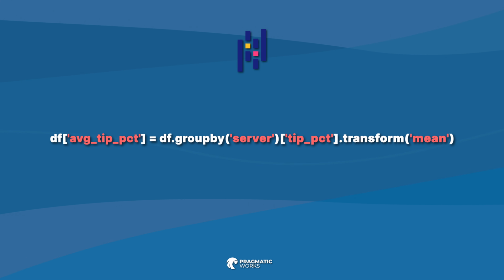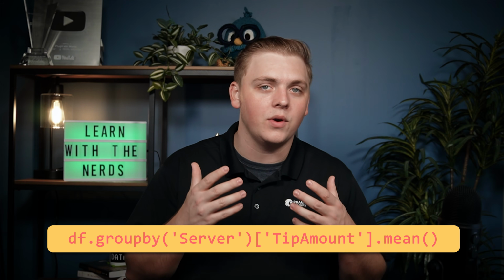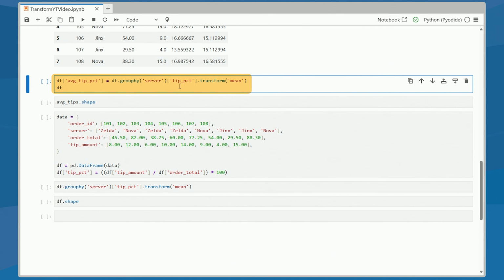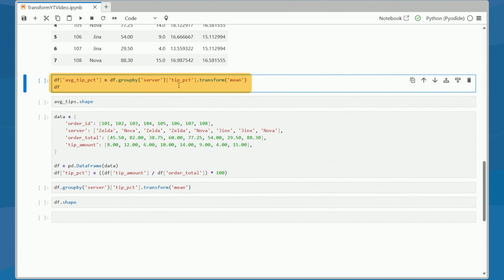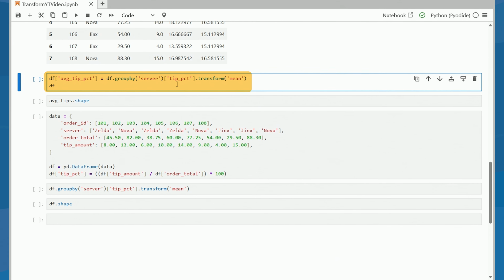Now, this is a very powerful and useful method in certain situations, and I wanted to make a video about it because many of us working with Python and Pandas are going to be performing all types of group functions and aggregation functions, but the transform method can kind of be lost if you're not aware of it and what it is used for, because it can really be of help to you in